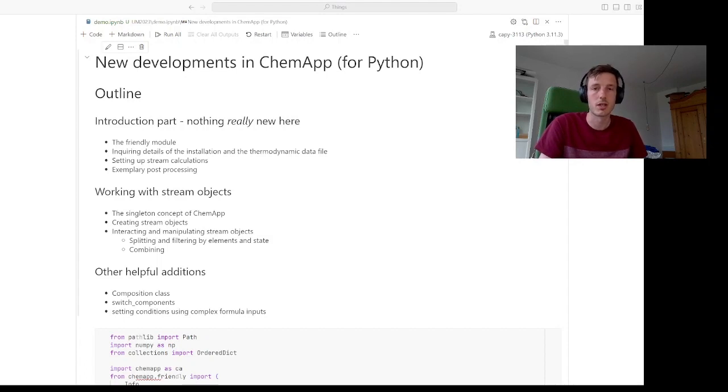so that you can follow along, as well as the following deeper look into how we can work with stream objects and how we can work with process modeling tools that have been added to ChemApp for Python in the recent version. And then I will follow up with some tiny helpful additions that I feel are worth communicating have been added to